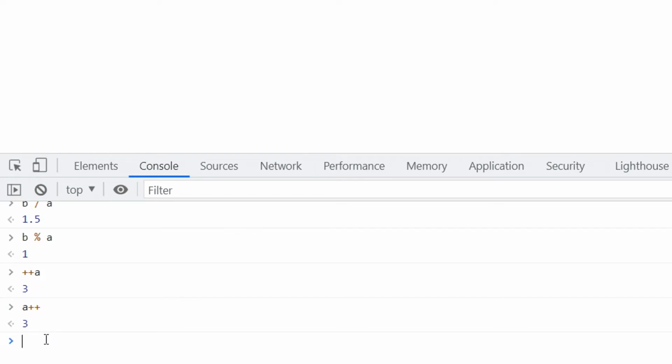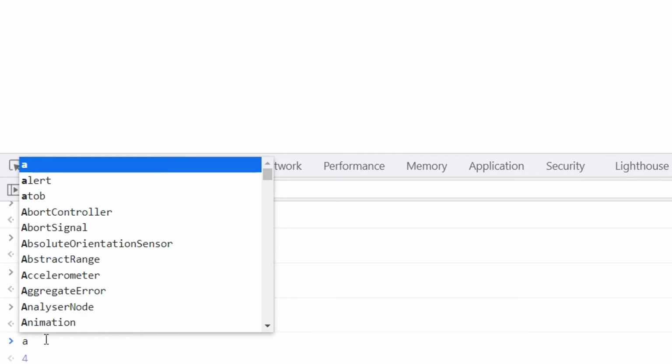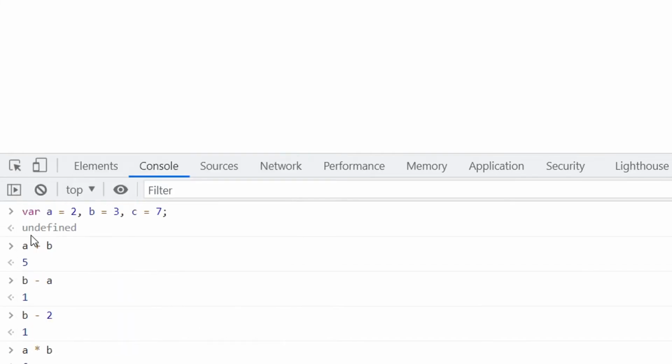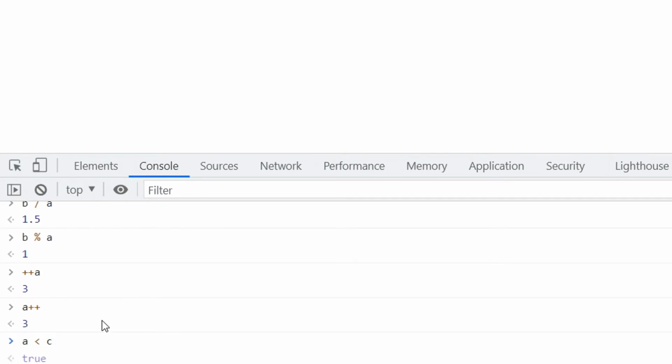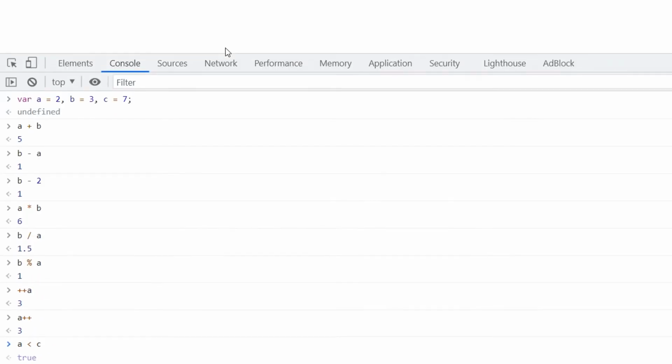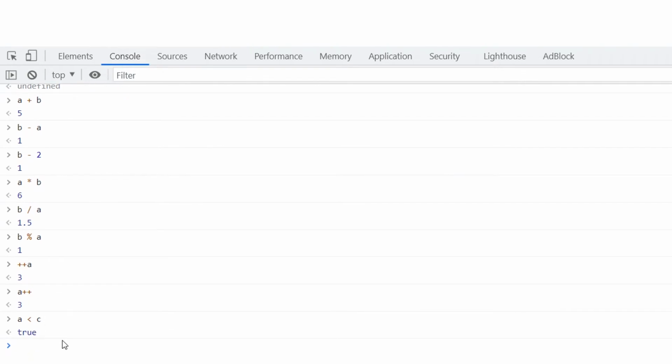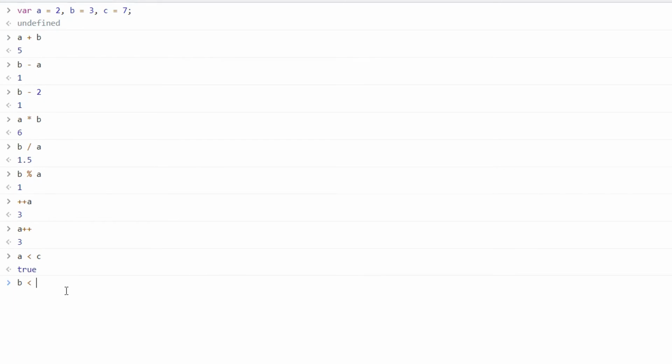Similarly, we have comparative operators. Suppose A less than B, or sorry, A less than C. That is 2. Is it less than 7? Yes. Let me increase its size so you can see better. So A is less than C, that is true. What about B less than C? That is also true because 3 is less than 7.